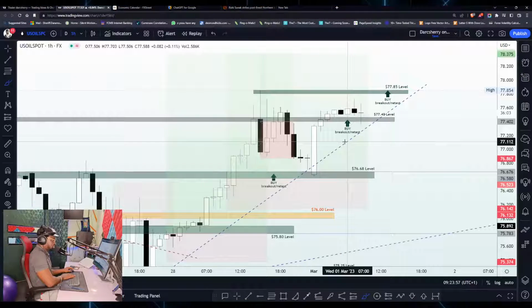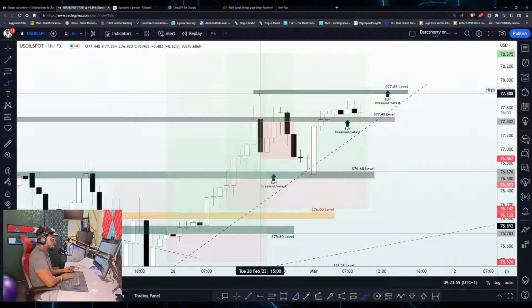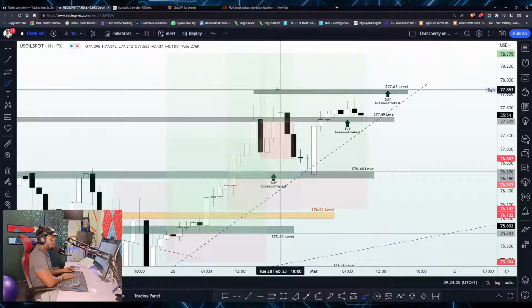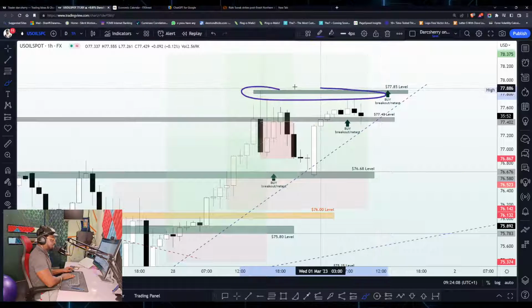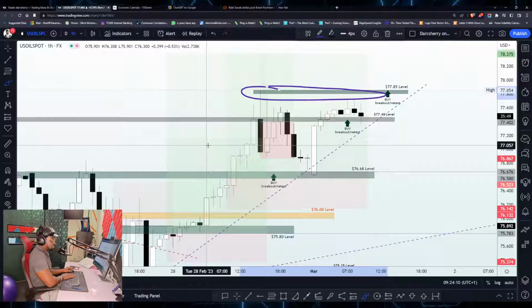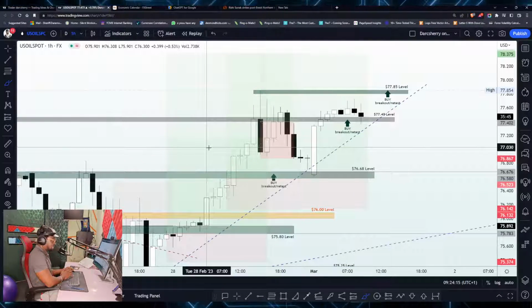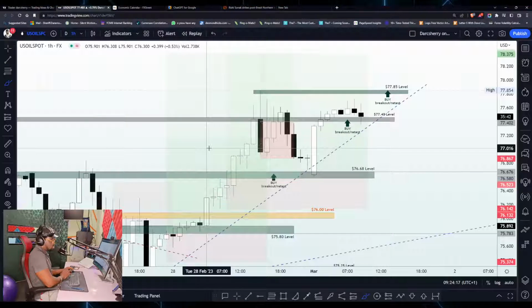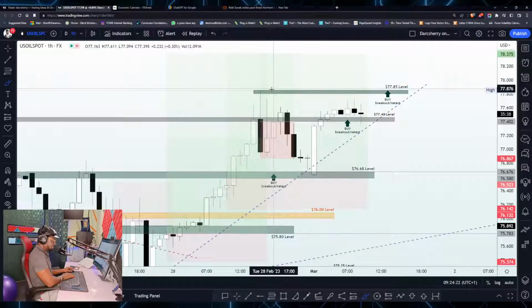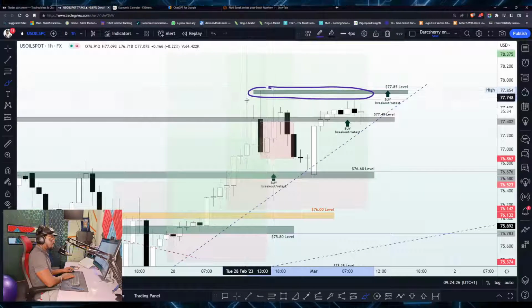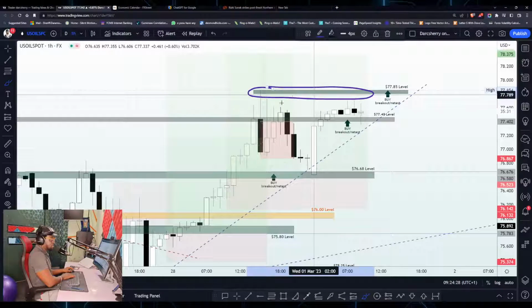Now, with the situation of things right now, you would notice that since yesterday's trading session, we have seen how the $77.85 level has been rejecting all attempts by the buyers to break out of that structure, and this is something of concern that we need to take into consideration. And what this simply tells us is that the $77.85 level has a high chance of selling opportunity from that